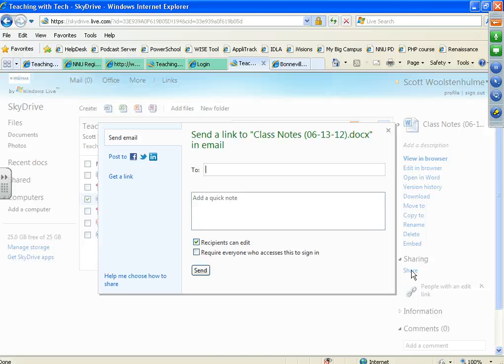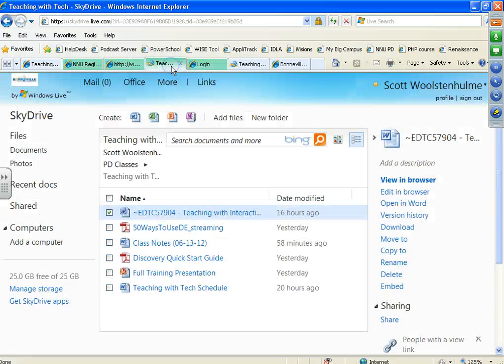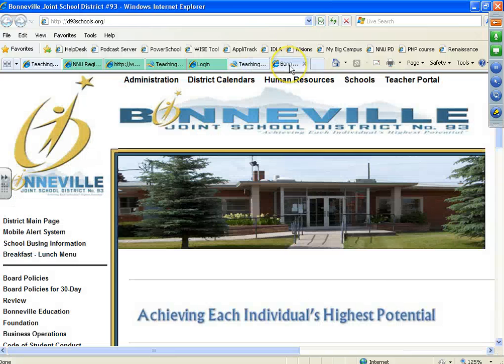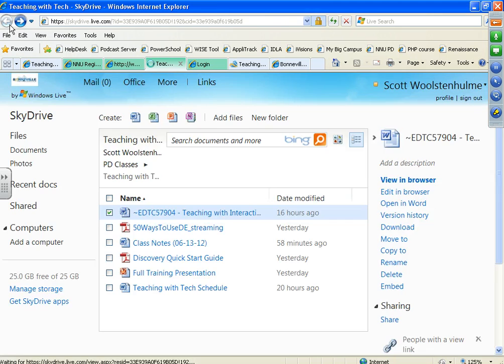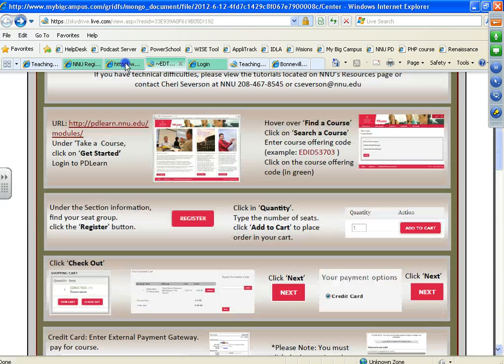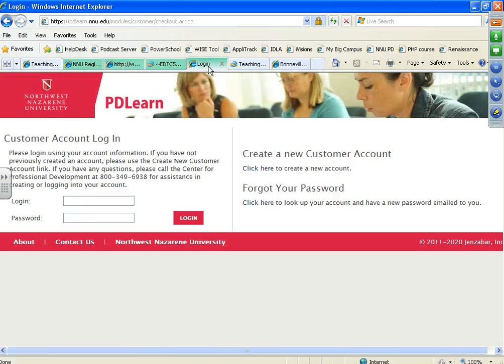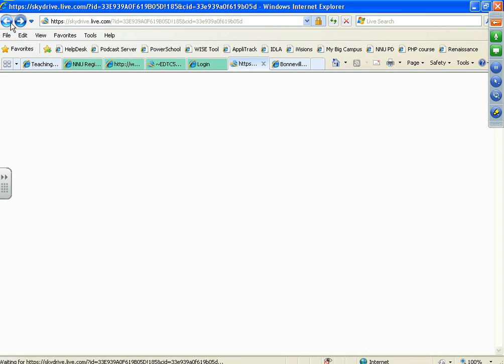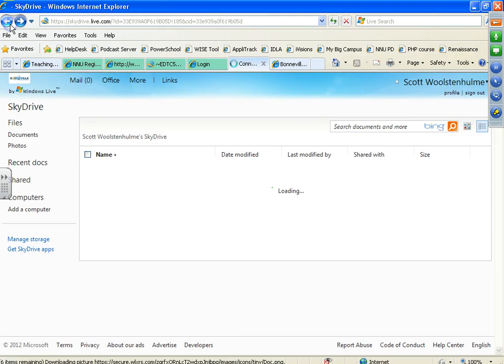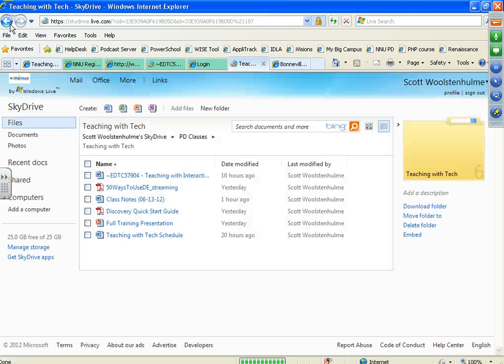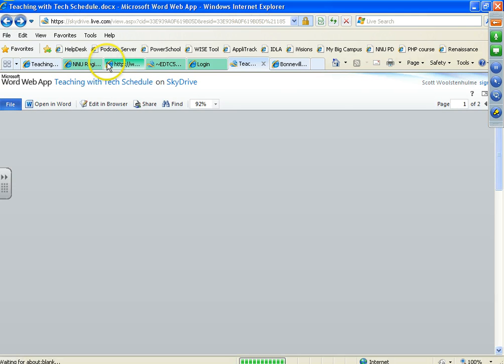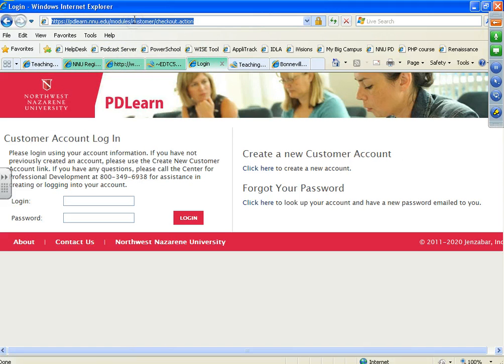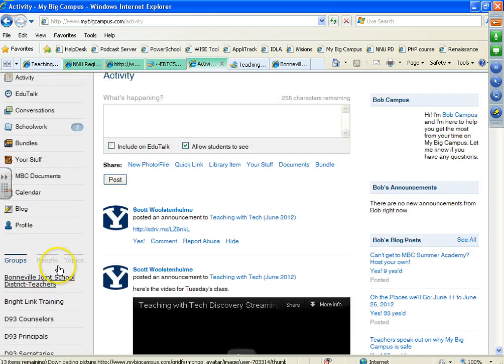Good. So inside of My Big Campus with your bundles, which I think is a great feature, they must have had some teachers working with them to think about doing it this way. I just have to log into My Big Campus again. I lost it up there. So inside of My Big Campus, this is specific to bundles, but if I come down here and I grab one of my bundles,